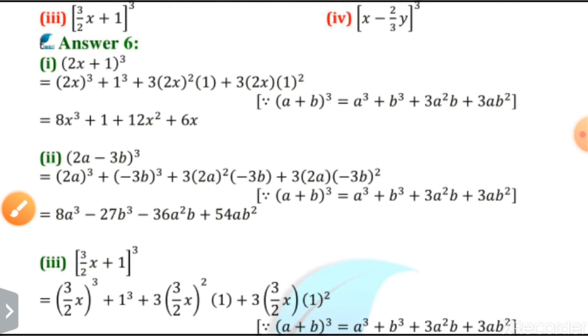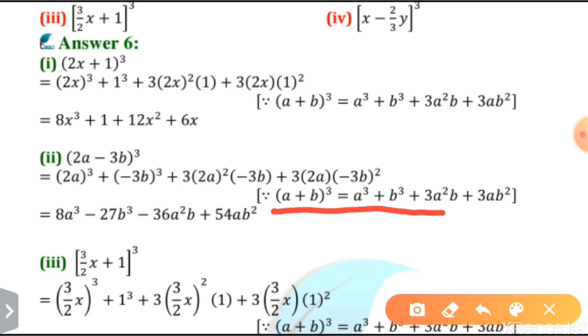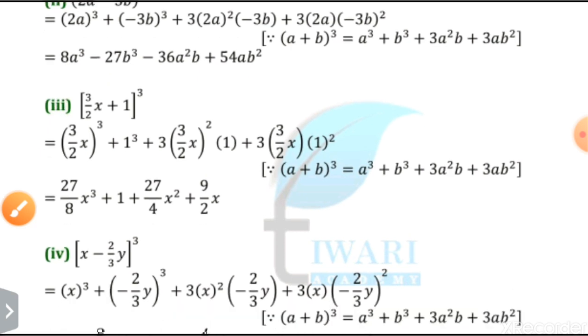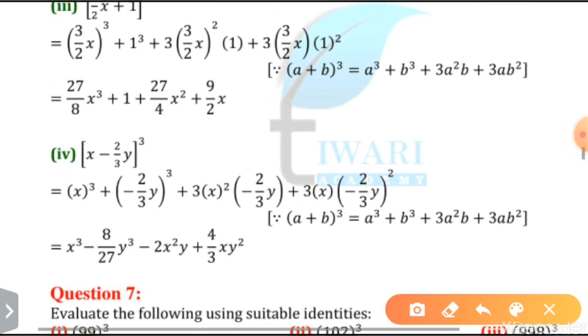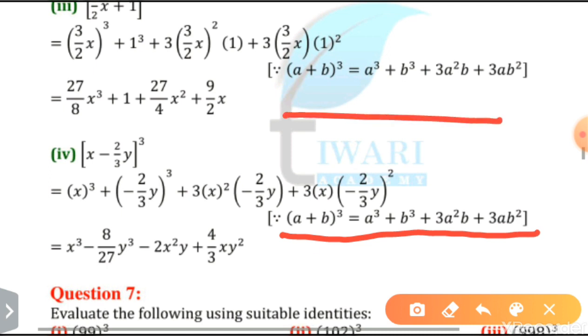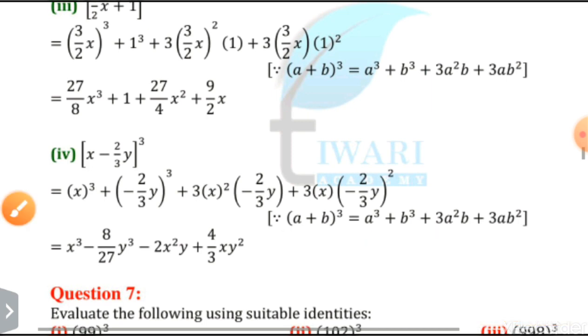Similarly you will do for the next questions also, but the formula you have to learn. For that they have applied the same formula, otherwise you can apply like that also, the (a minus b) whole cube formula also you can apply, or otherwise you can apply the same formula also, but in place of b you have to write minus b also. Now see, move to the next part. This is also the same type, and the last part is also of the same type. Though they have used, in all the cases they applied (a plus b) whole cube, but you can apply (a minus b) whole cube also. You will get the same answer for all these.